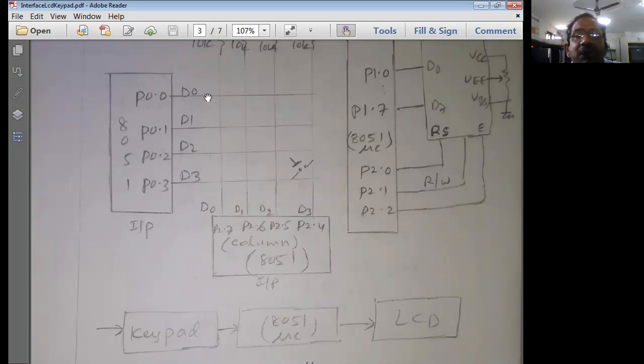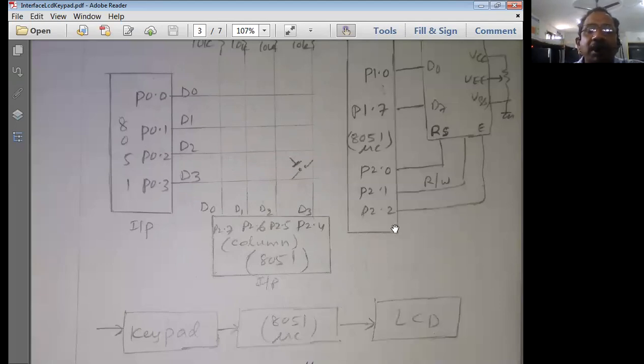That means the user may press any key, which is a switch connected between these two. The switch may be here between these two, maybe these two, like how we connected this. So everywhere we are going to have a switch which connects the column and the row. Like this, all the switches are placed. That means here I'm going to have four pins for P0 and four for P2. So it's going to be 4 into 4, 16. So I can get simply 16 different characters.